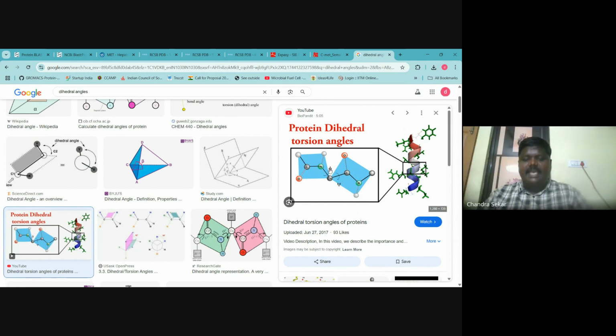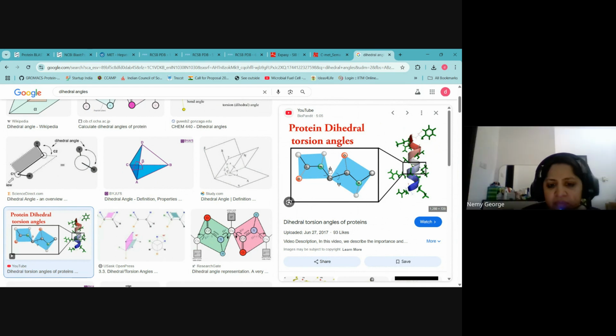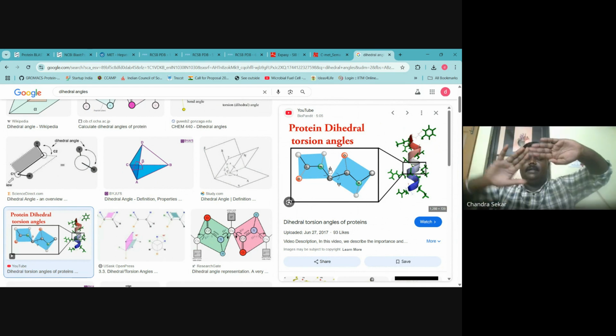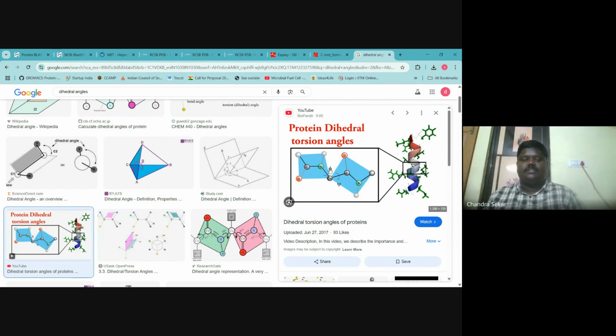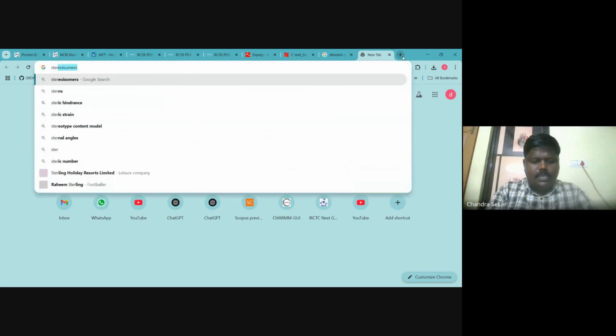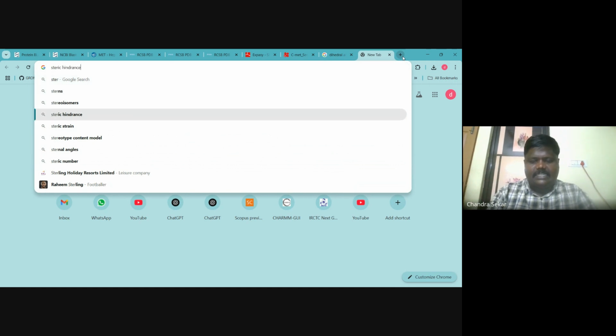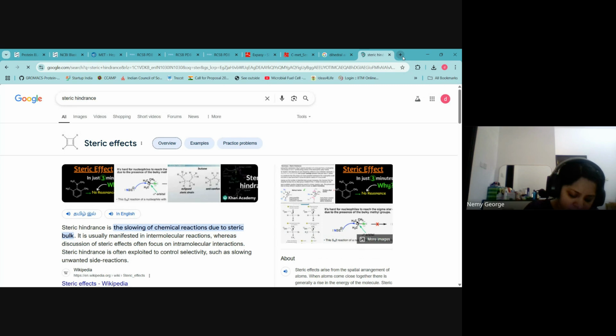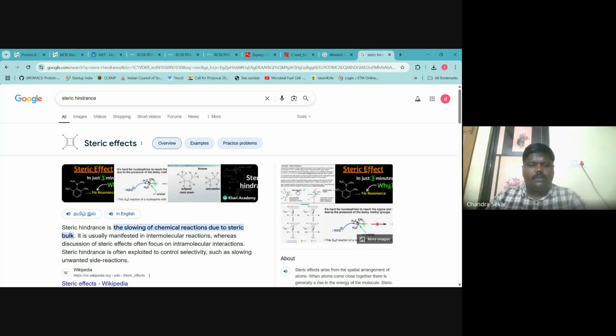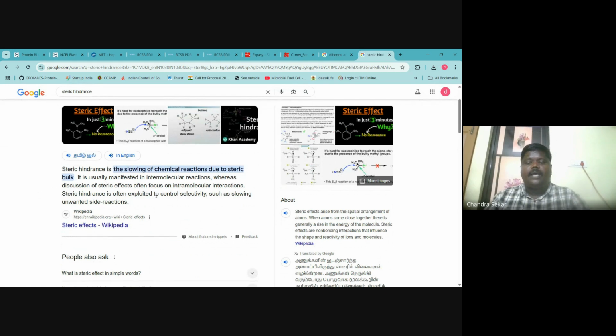Yeah, they act as a plane. That's the point here. They act as a plane. So all together only I can bend. This is called stereochemistry. You can later read about these words. What is called steric hindrance, steric effects. Any steric effects are due to the intermolecular clash. This is not actually what we see in the structure.